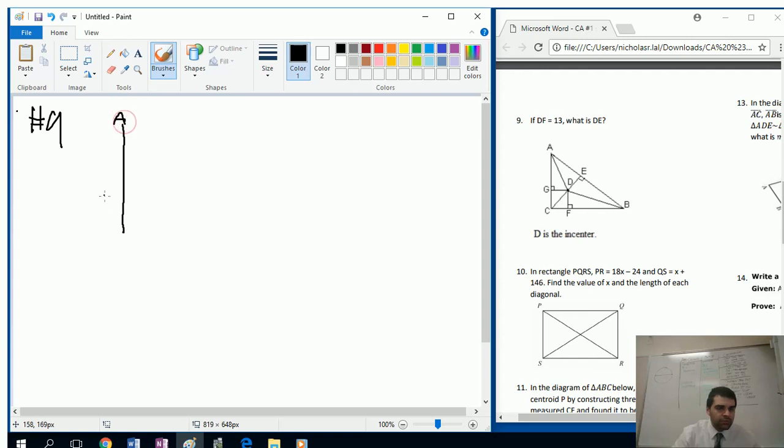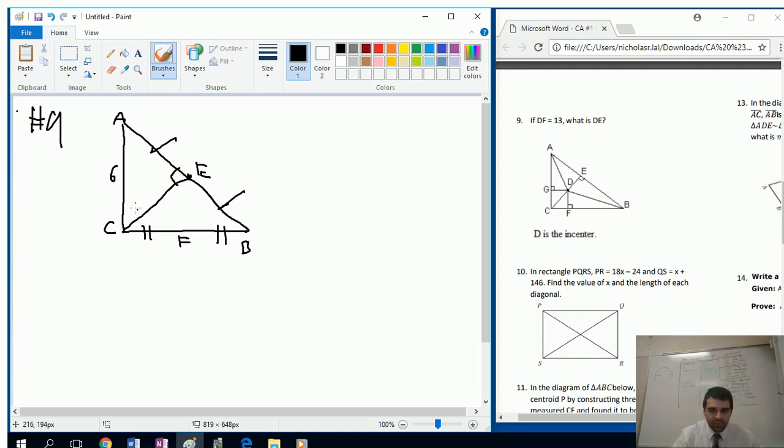We have A, G, and C. We're also going to have F and B. These are going to be congruent, and these are going to be congruent, and we're also going to have point E, and this is going to be congruent, and that's going to be congruent, and we're going to have our value at C here, and we're going to have our center D, and from F